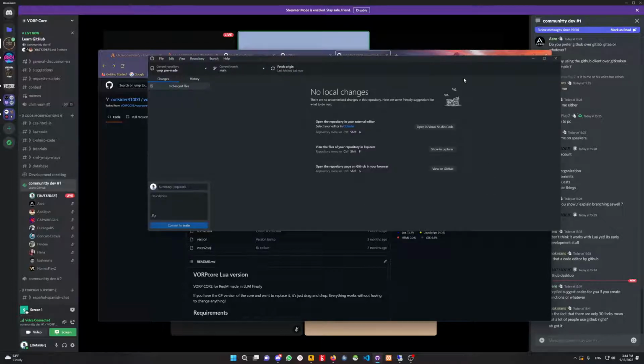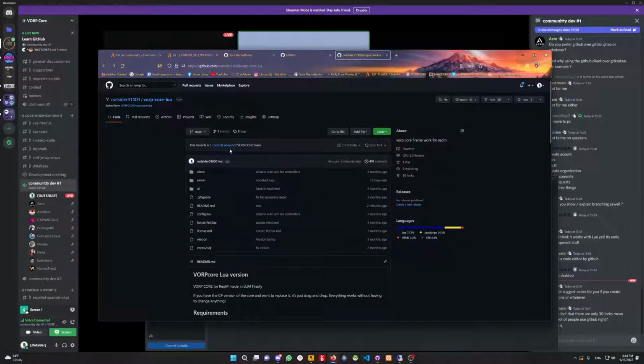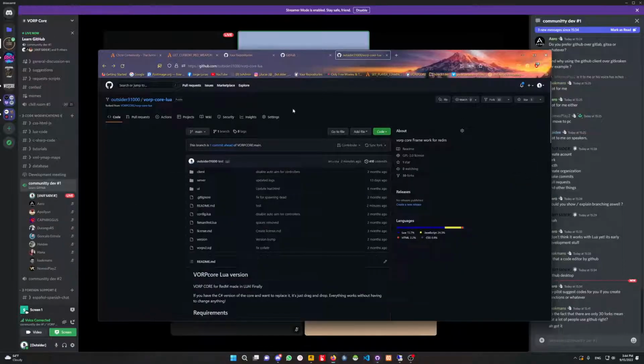GitHub Desktop will only fetch what you clone into your computer. So right now I don't have this cloned, I have the whole pre-made. So anything I do on the pre-made, I can just do it here. But basically you fork it so that you can make commits to that repo,